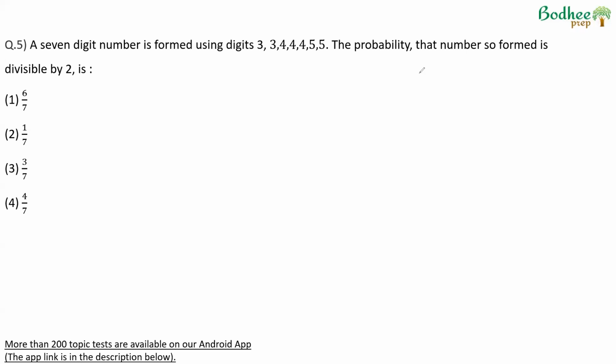A 7-digit number is formed using the digits 1, 2, 3, 3, 4, 4, 4, 5, 5. Probability that the number so formed is divisible by 2. Total number of cases: